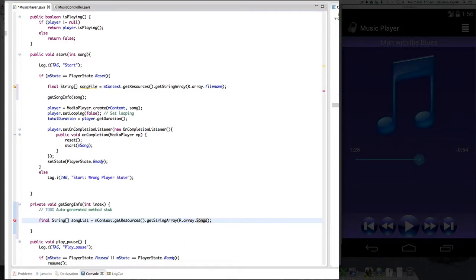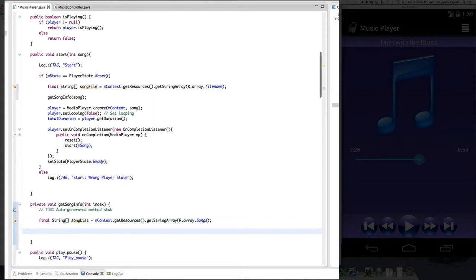I had shown you this particular array earlier. Now, recall that I have two variables within my MusicPlayer class that keep track of the current song being played and the title of the current song being played. The two variables are mSong. I'm going to initialize that to the index variable that I have just received as my